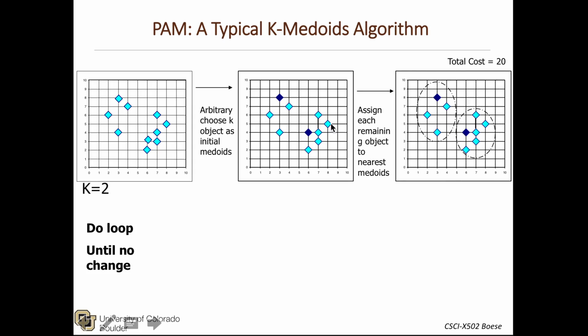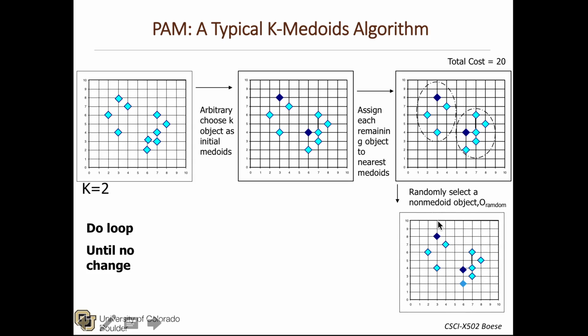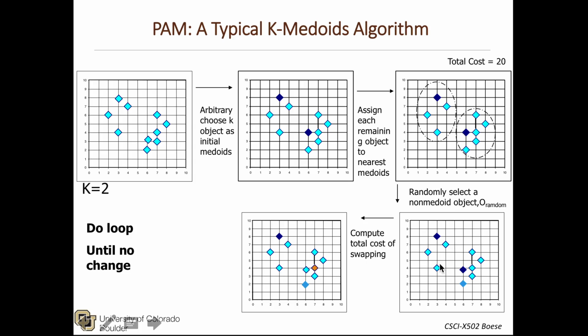And then we assign objects to the closest medoid. And then we randomly select a non-medoid object and compute the total cost of swapping. So what does it mean if we were to choose a different object as the medoid, like this one, for this cluster? Would that be a better choice than the one we currently have? So that's where the computation